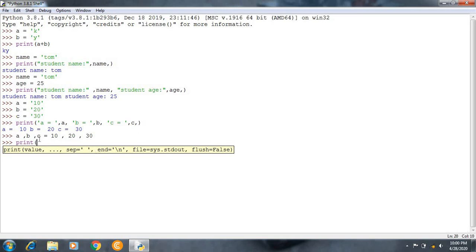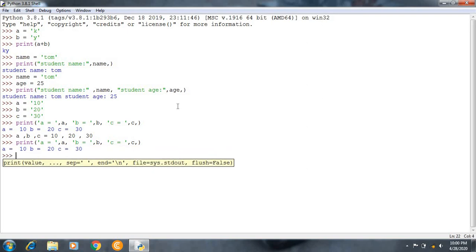Instead of copying, I'll just type it. a is equal to, open the quotes, comma, a, close it, again open quotes, b, comma, again open quotes, c, comma, c, this way.